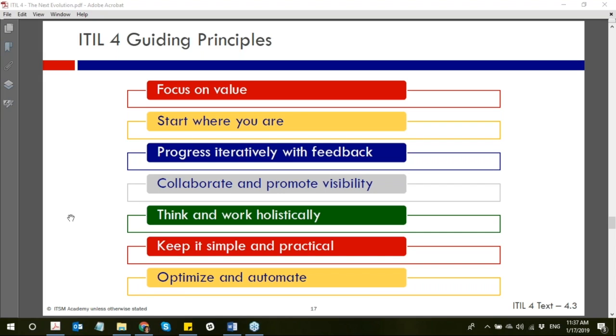So for those of you who aren't familiar with Agile, that's a little homework assignment for you: to learn more about Agile. There's just tons of great information available. That's something we can certainly help you with. But that idea of understanding that we've got to make smaller, more incremental improvements, that we have to really move